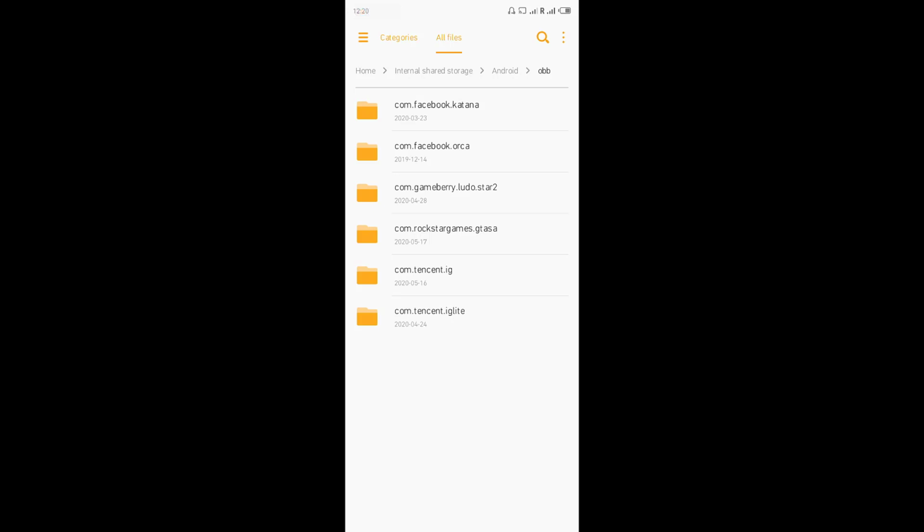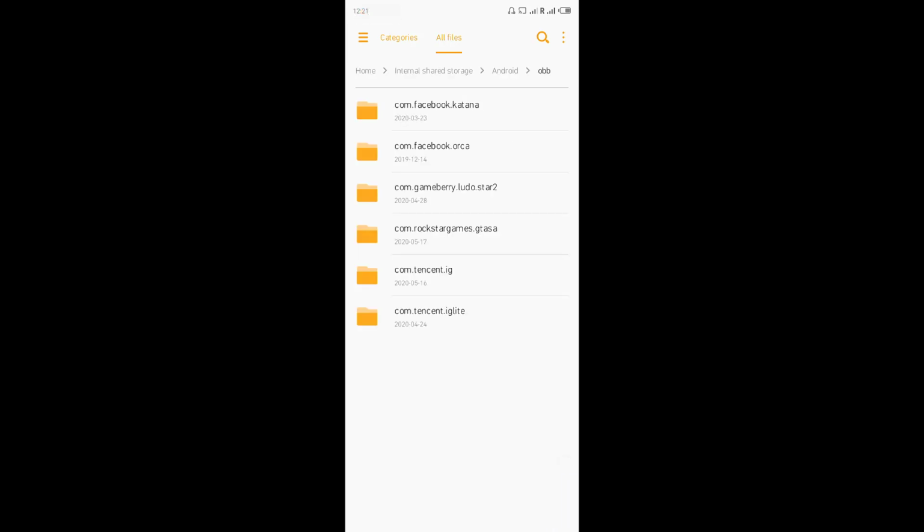Here you can see the file has been copied. Make sure your file sizes remain the same, 1.97 GB for the first one and 625 MB for the second file.